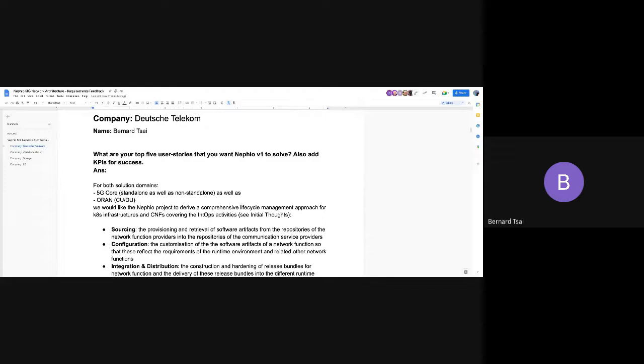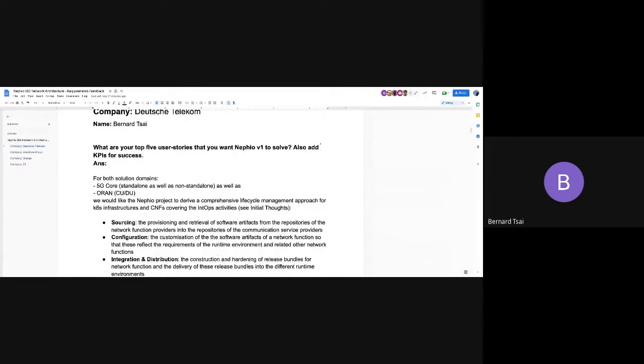And therefore our user stories were more grouped around the lifecycle steps and activities, where we were talking about how we would consistently retrieve the software artifacts from our suppliers. How would we be able to configure these software artifacts in a consistent way?